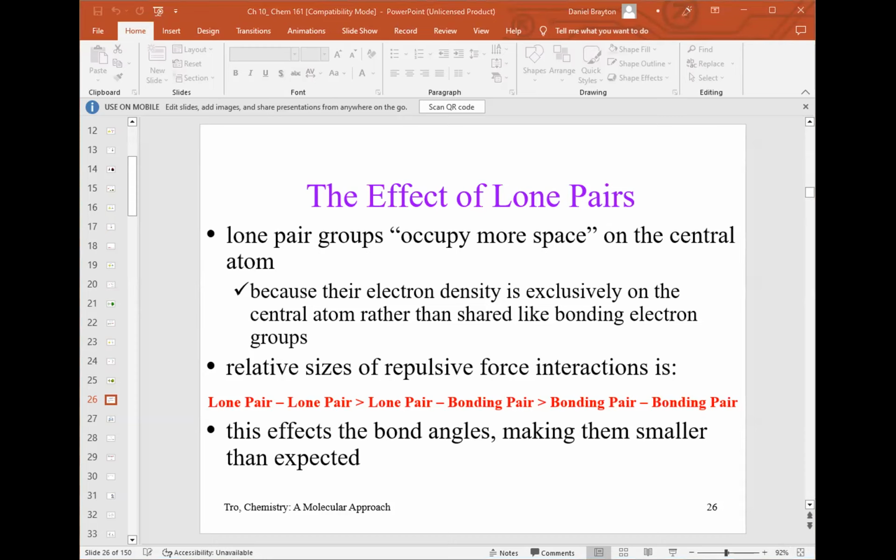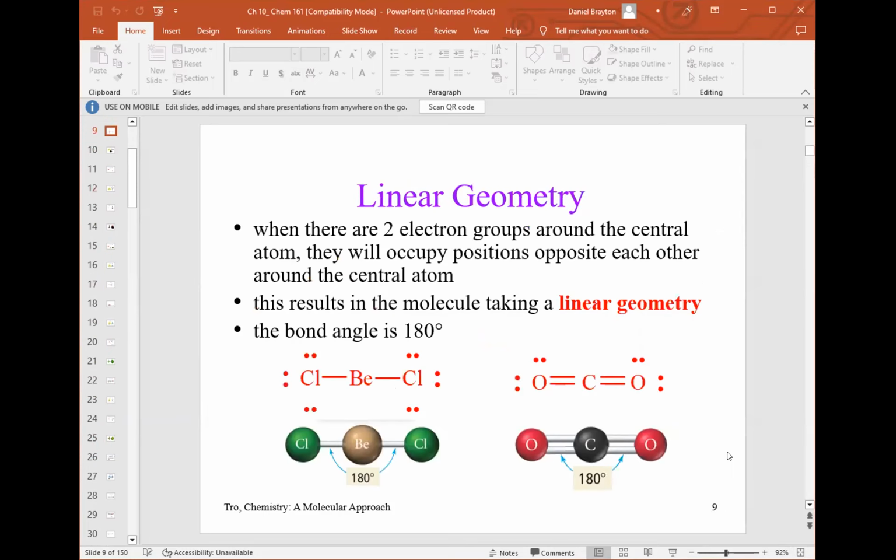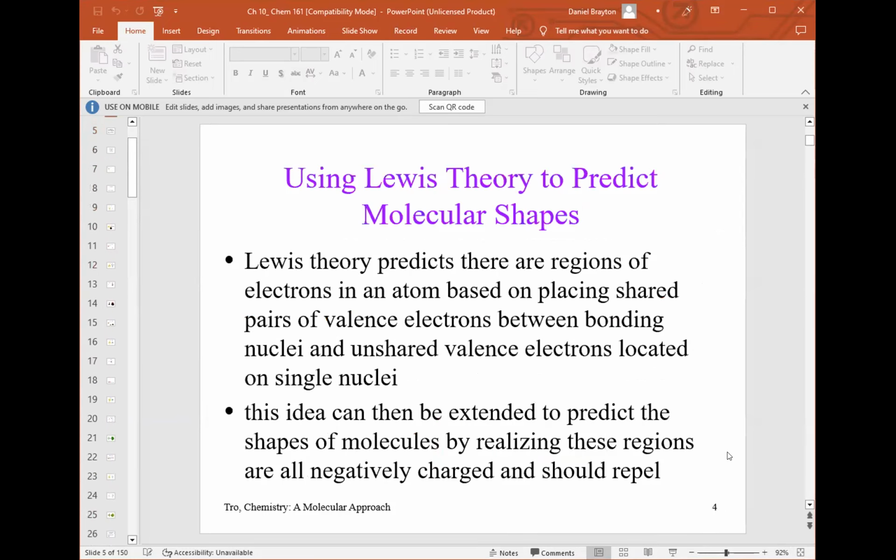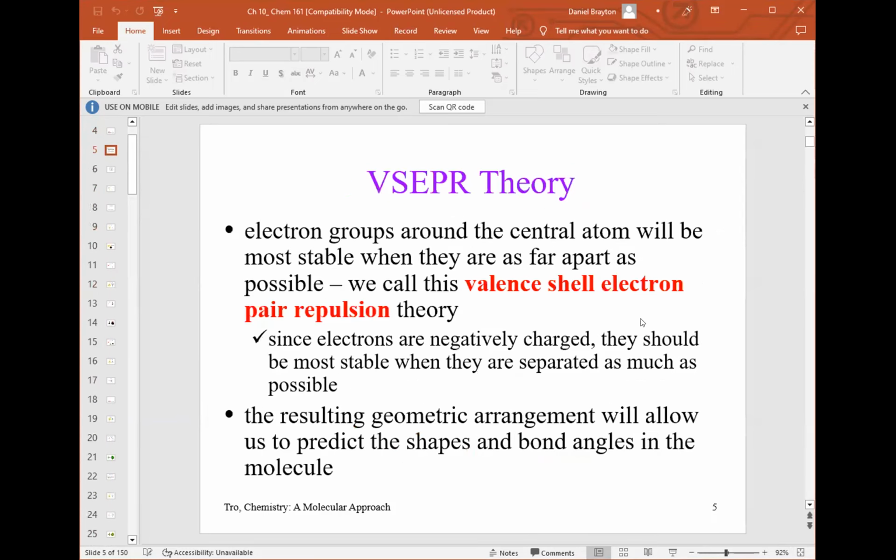Okay, we left off here where we had gone through all these different shapes. And we had no lone pairs on the central atom, right? And this is the VSEPR theory. Okay, so